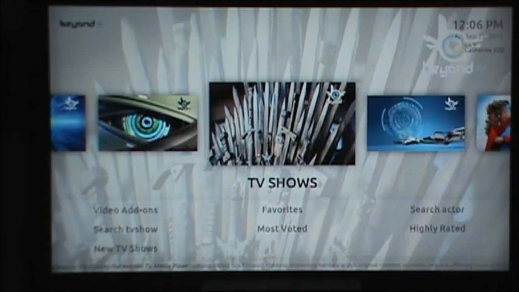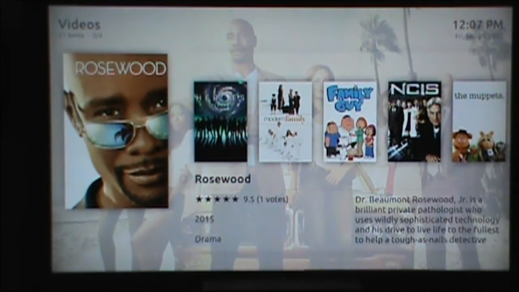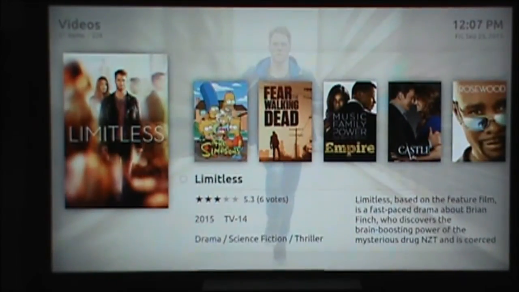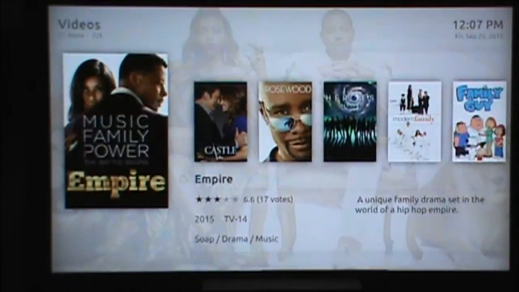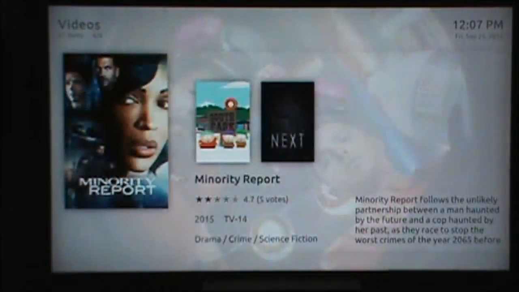Let's move over to TV shows. We all have our favorite shows, and some of us have been watching them since the beginning, and some of us have just started watching shows that we've fallen in love with. What's nice about the player is it actually goes out and finds all of the different types of shows that are available. Sitcoms, comedy, kids shows, just about every type of sitcom or series that's out there